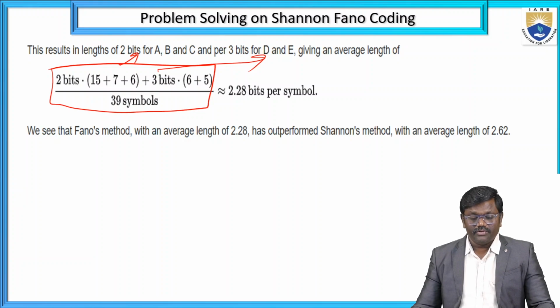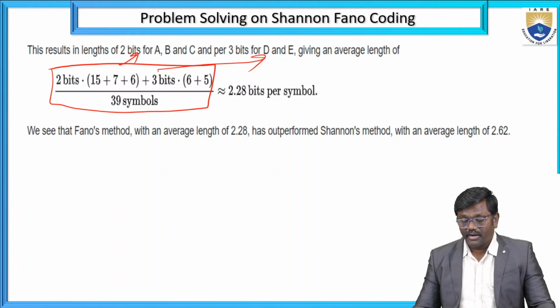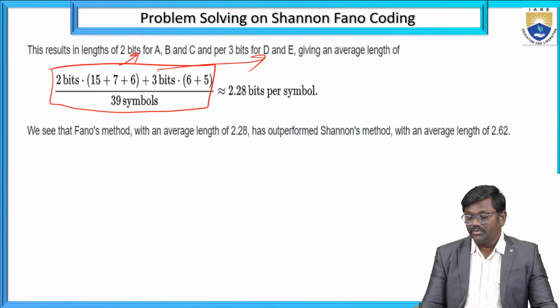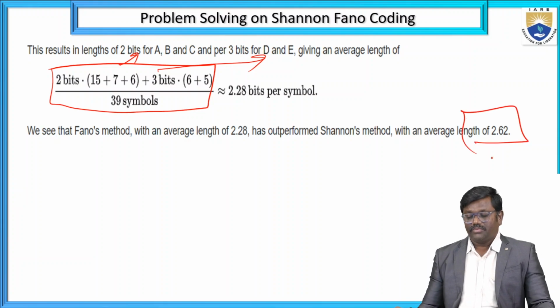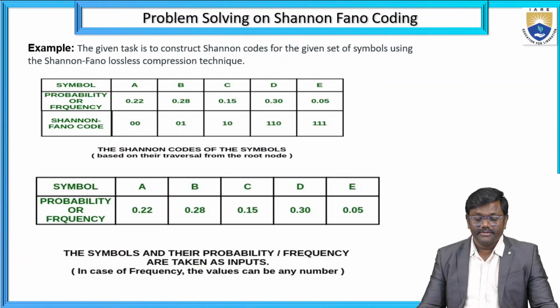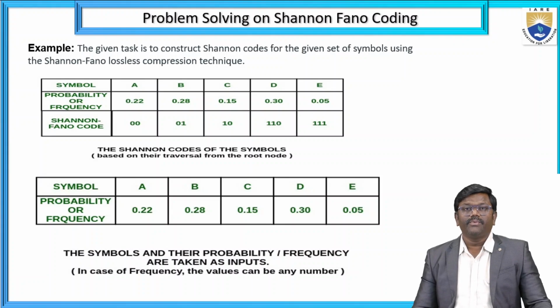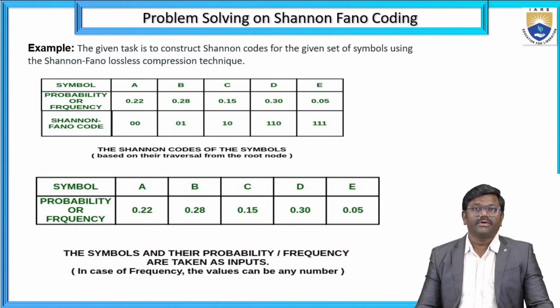So we conclude that Fano's method, with an average length of 2.28, has performed better than Shannon's method, with an average length of 2.62. That is the calculated value. Right, next example: the given task is to construct Shannon codes for the given set of symbols